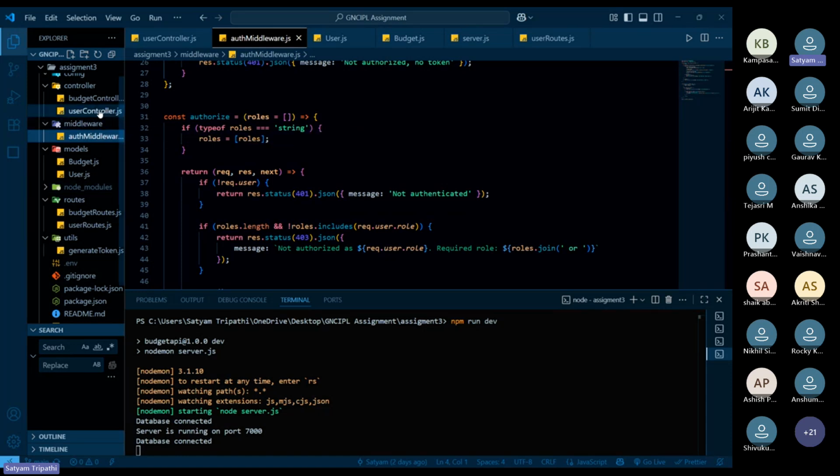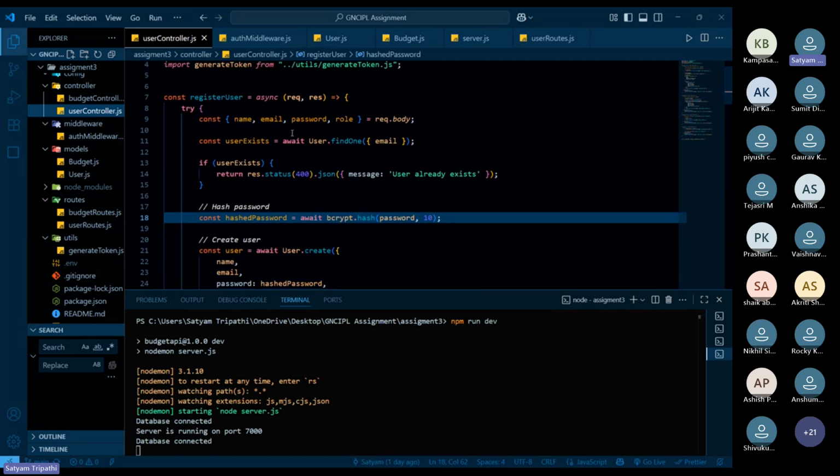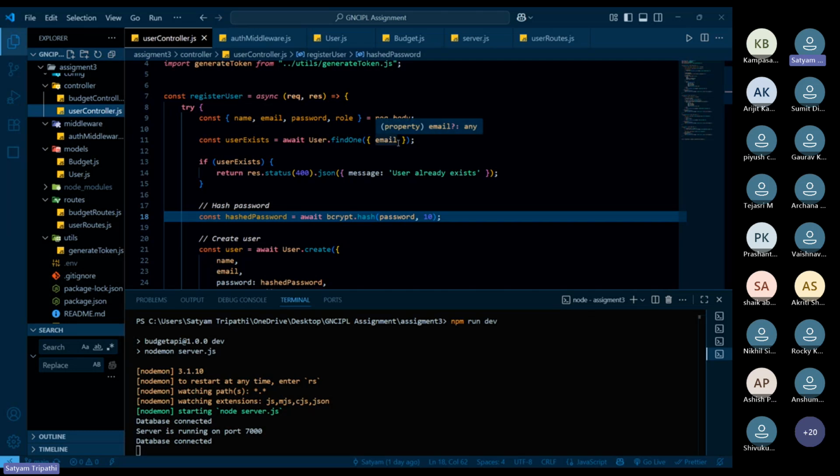Now coming to the user controller, there is a function first, registerUser, where I am using request.body, taking name, email, password, and role. Firstly I have a checkpoint for whether the user exists: I use the findOne function with the email as input.